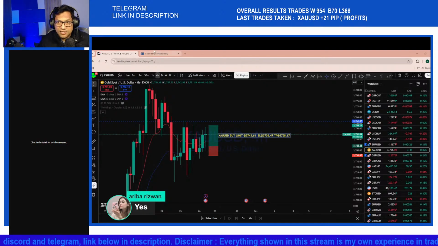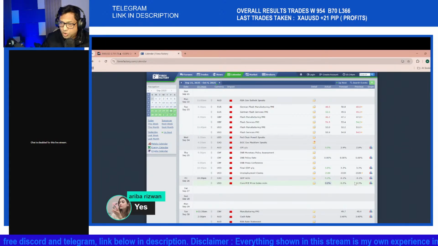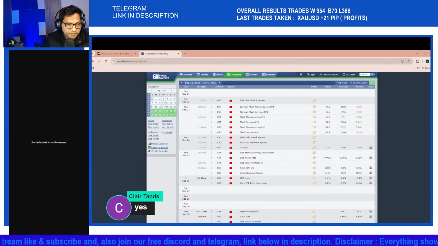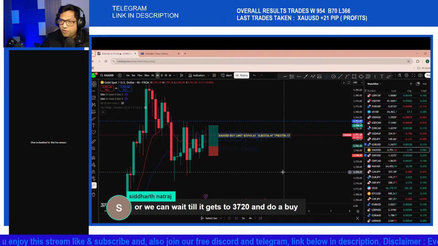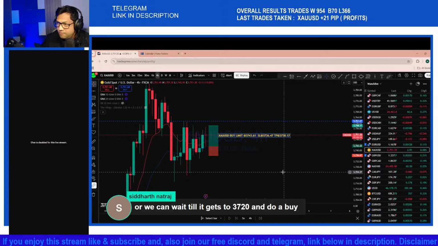And as the data has come out, if you guys look at CAD, also GDP higher, dollar also higher GDP. Now, with the higher GDP, what kind of situation could you see on DXY and Gold? Welcome. Or we can still wait till we get to 3720 and do a buy. Well, for going to 3720 for a buy,